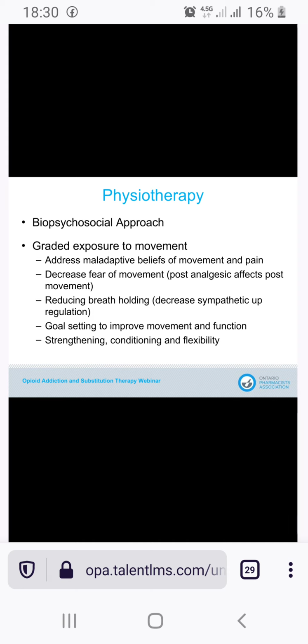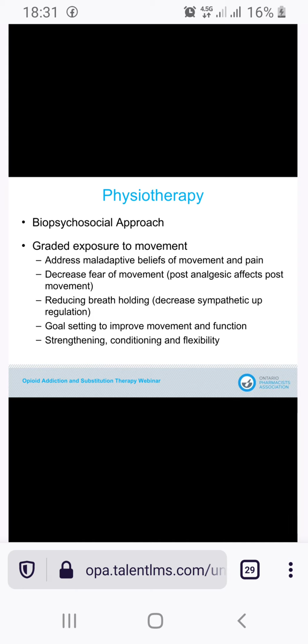So oftentimes patients may say, if I move a certain way or I exercise, I'm going to have more pain. Therefore, that means I'm causing more damage to my tissue. So they help to unravel some of these maladaptive beliefs that, in fact, movement, appropriate movement, is actually healthy. Help to decrease the fear of movement. So again, there's a lot of evidence showing post-analgesic effect, post-movement and exercise,